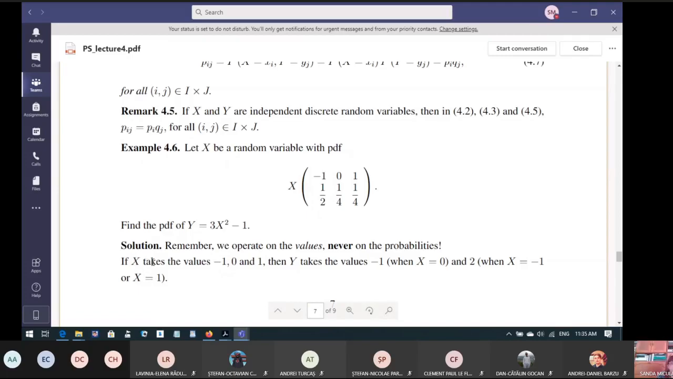So, for values of x of -1, 0, 1, simply perform that operation, right? 3 times -1 squared minus 1, 3 times 0 squared minus 1, 3 times 1 squared minus 1. We find the values -1. I'm only talking about the distinct values. -1